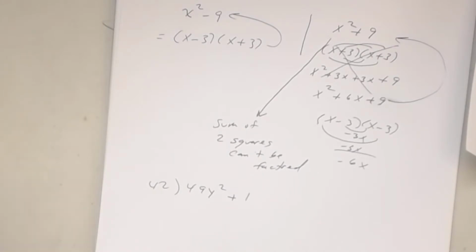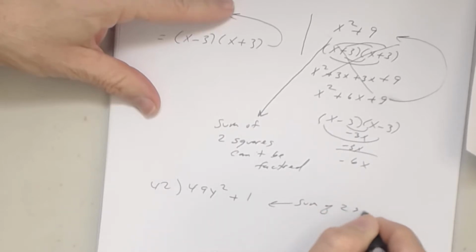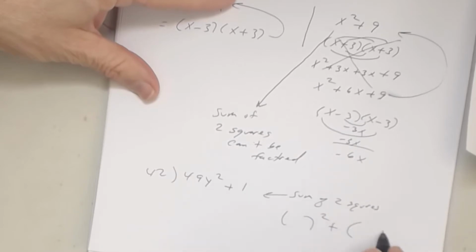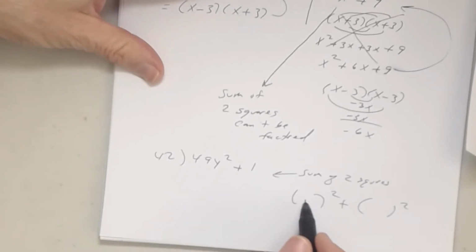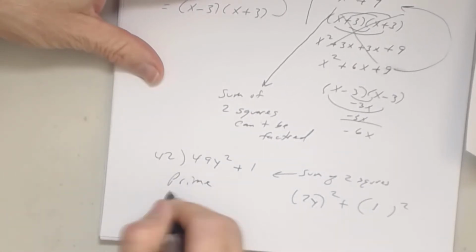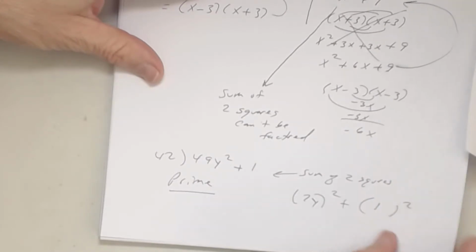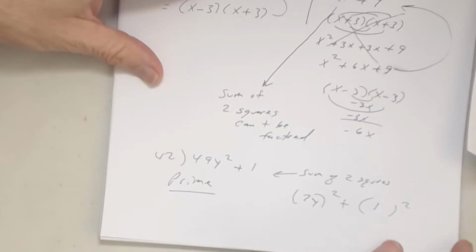2 squares. So since this is the sum of 2 squares, you'll see it's the sum of 2 squares, right? Because just like we were doing, what goes inside that parentheses here? 7y, 1. What goes in here? 1. And the sum of 2 squares cannot be factored. So you say prime. Okay? All right, now,